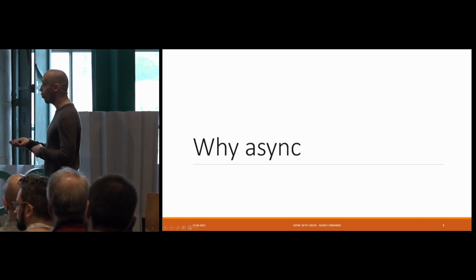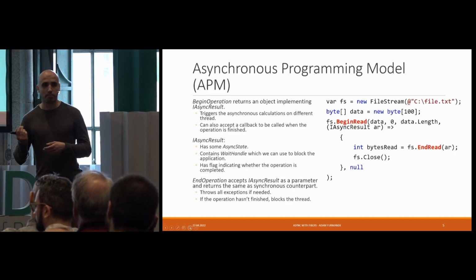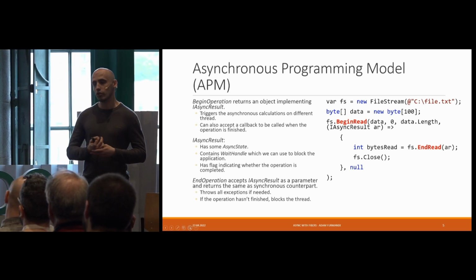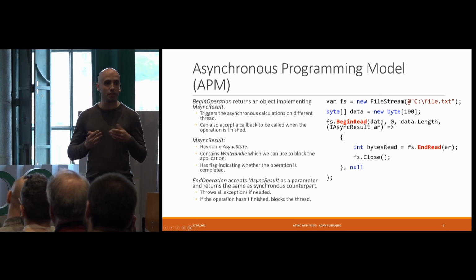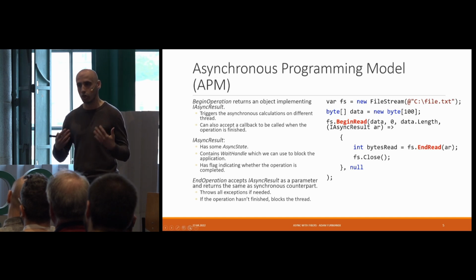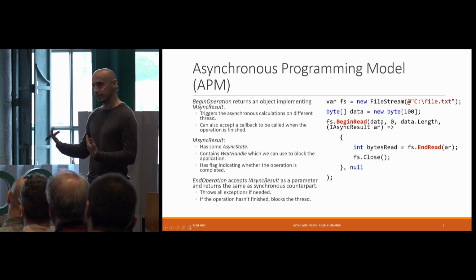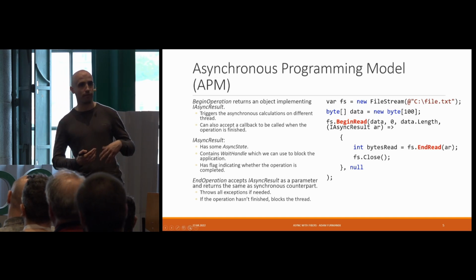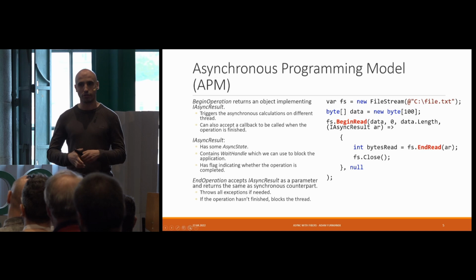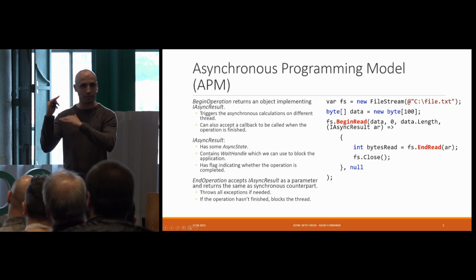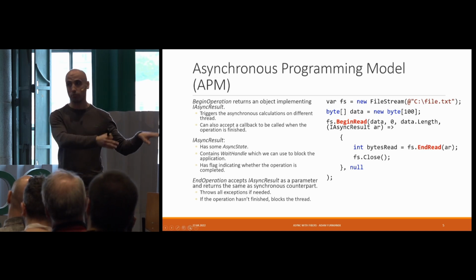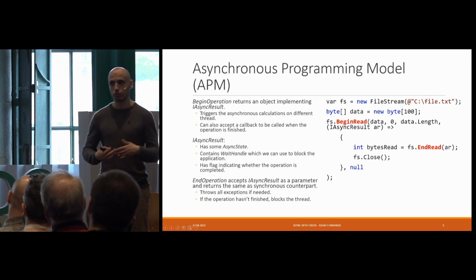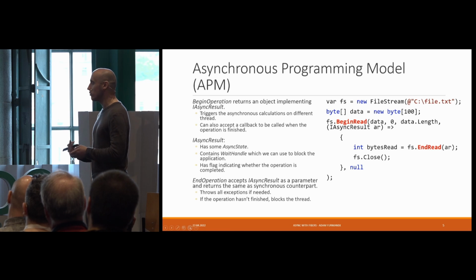So the first thing, why async? Probably you know that since the very early days of .NET development, we always had this need to be able to execute some code outside of the main execution flow. We always wanted to run something in background, calculate something on the side. So that's why we wanted to have this ability to get a part of this code and just run it somewhere else in some different way without actually paying attention to all those little nasty details, how those things are executed.